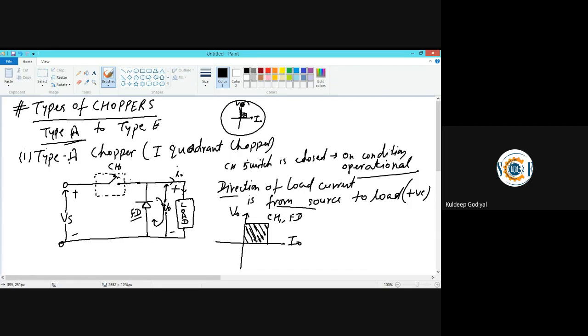When the chopper switch is in open position, there is no flow of current from source to load. Still, if some residual voltage is remaining here, because of that the diode will maintain this current in the same direction. So this is basically the working of the type A chopper. This type A chopper you can see by your